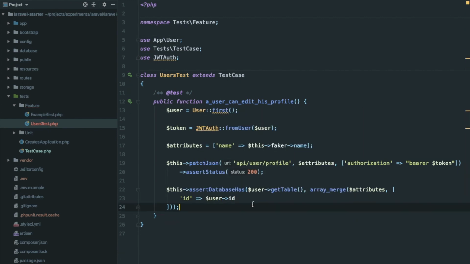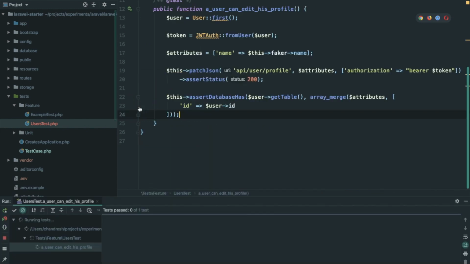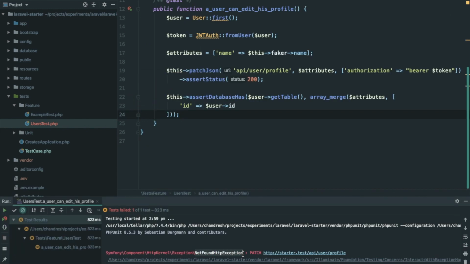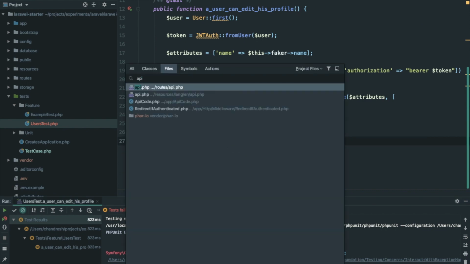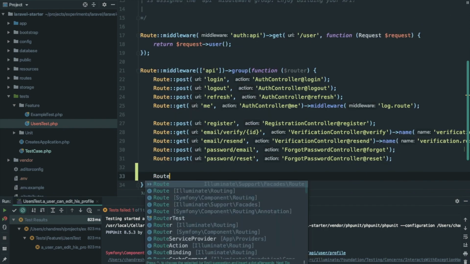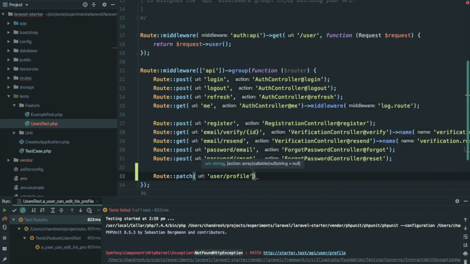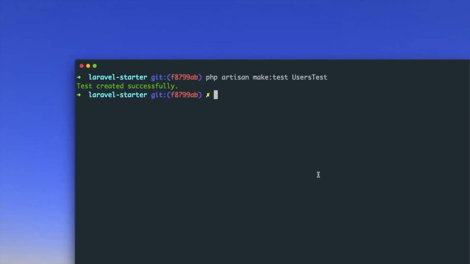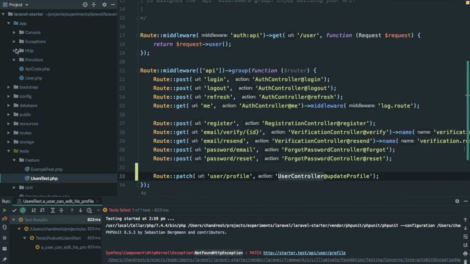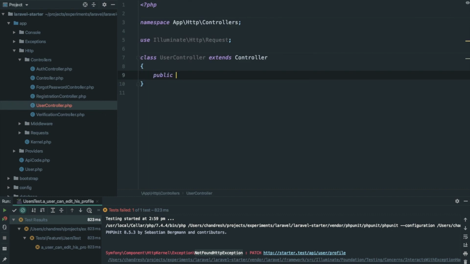Now if we try to run it, it will fail because we haven't created the API route yet. Let's do that in the api.php file. And we will also create a new controller for this function using the command php artisan make:controller UserController. Open UserController and write the function updateProfile,